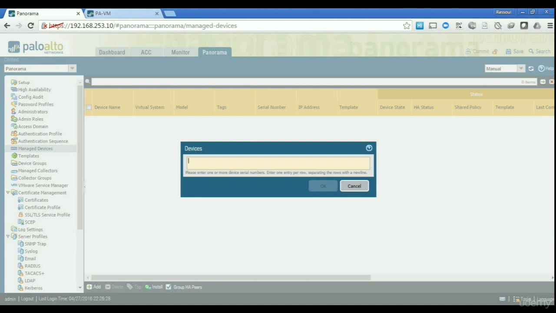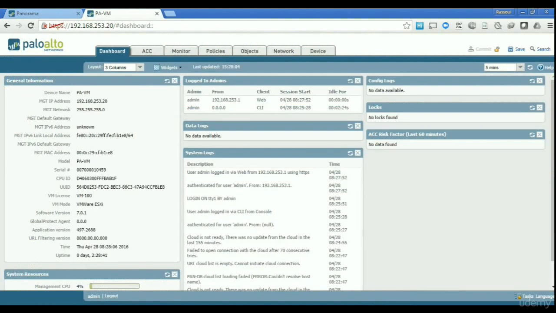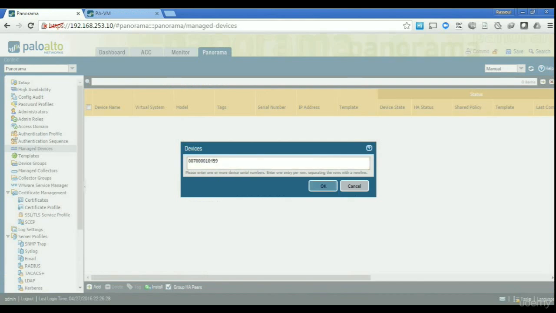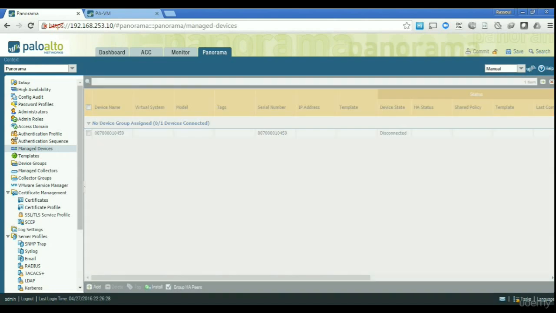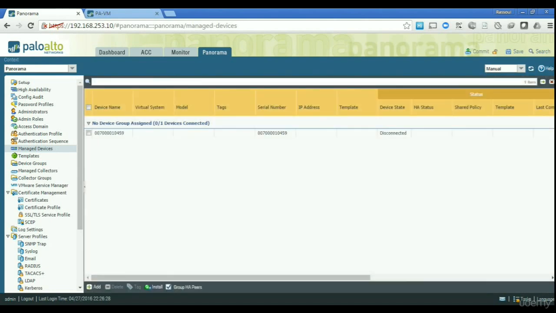So we go to find the serial number. We go back to our firewall here. To be able to see the serial number, you can see on the dashboard of my firewall, I have the serial number right here. So I'm just going to copy that and go there and paste it. Okay, so you see the device is added, but obviously it is not connected because our firewall doesn't know about the